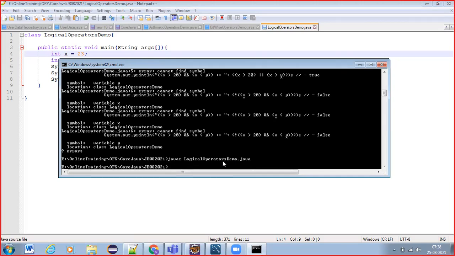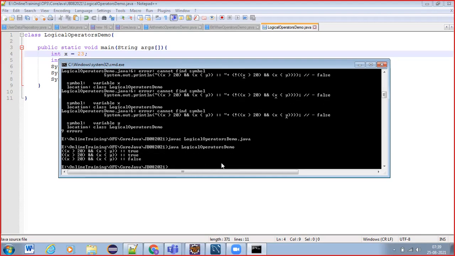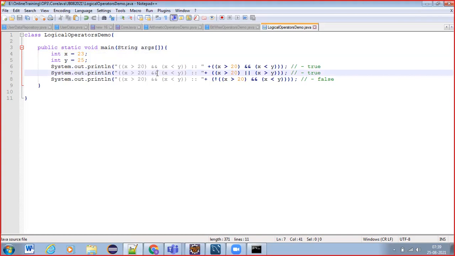So everything has been fixed, right? Now run the application. java LogicalOperatorsDemo. So X is greater than 20 and X is less than Y: true. X is greater than 20 and, oh, it should be OR.